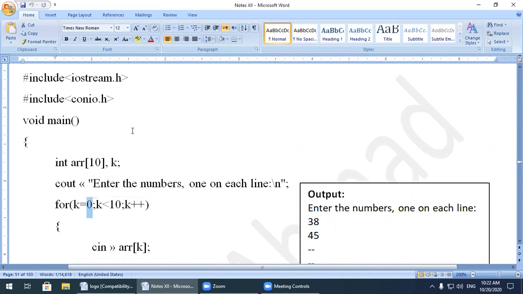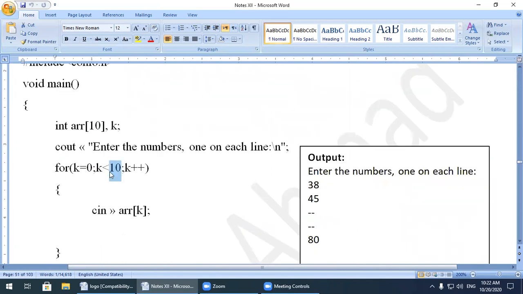It means that when we have 10 memory locations, it will start from 0 to 9. 0 to 9 means less than over here. Watch in the loop, there is written less than, not less than or equal to. If I use less than or equal to, I will write less than or equal to 9, k plus plus. See, cin array of k. So it will ask me for the first value of array of 0, then it will increase to 1, 2, 3 and so on. It will read 10 values.